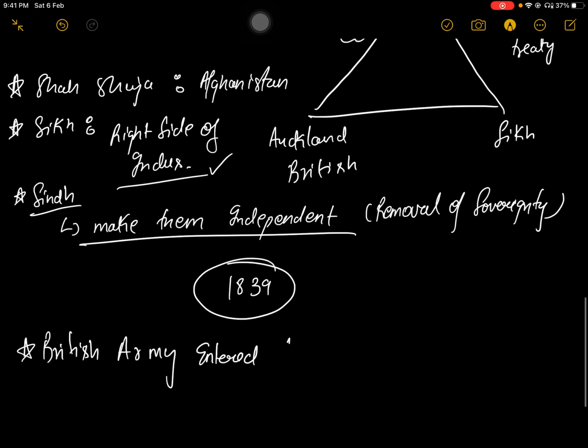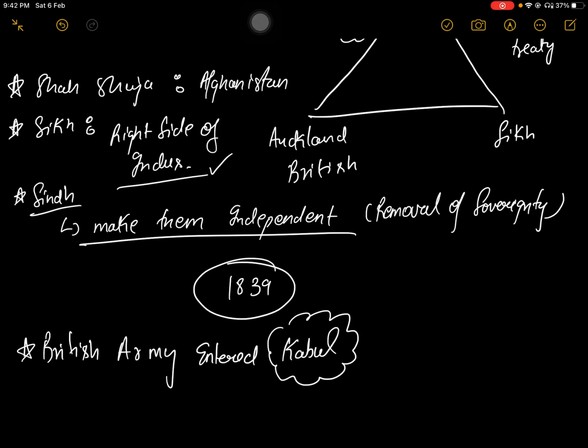entered Kabul. Now this portion is very important. It is as important as the third battle of Panipat, in which the Marathas lost to Ahmad Shah Durrani or Abdali. Very important. These things have turned the direction of history in such a manner that the repercussions are even felt today. So this happened in 1839, but I can tell you that the repercussions we are facing even today, the world